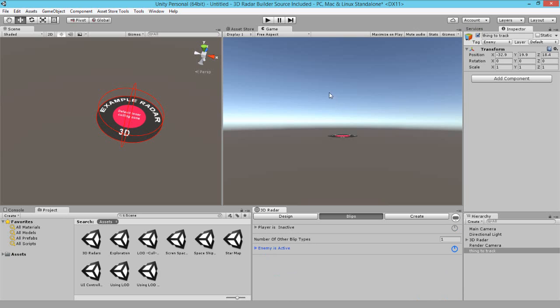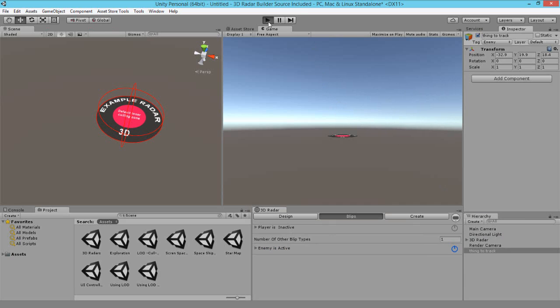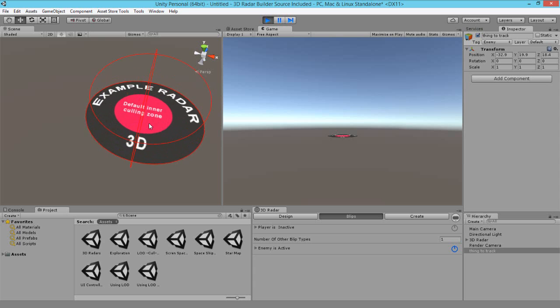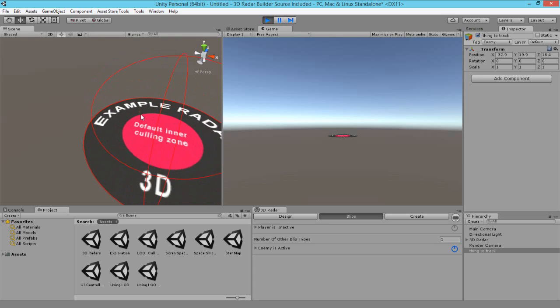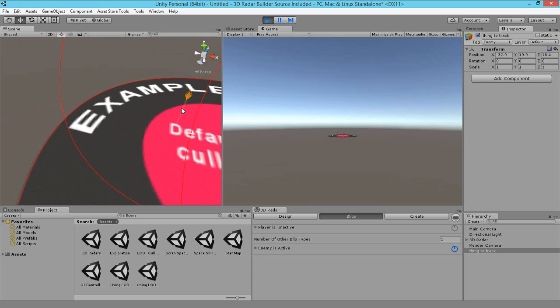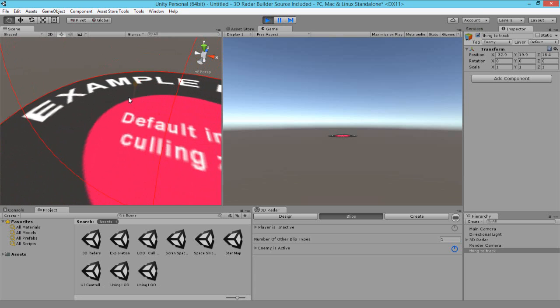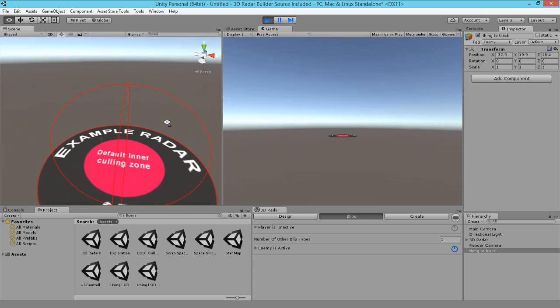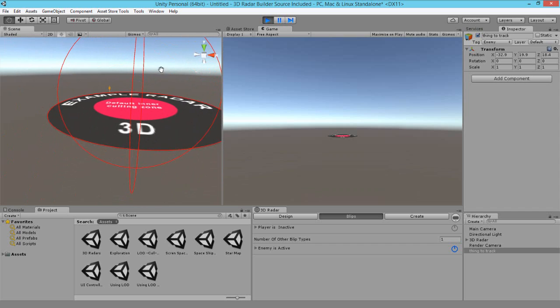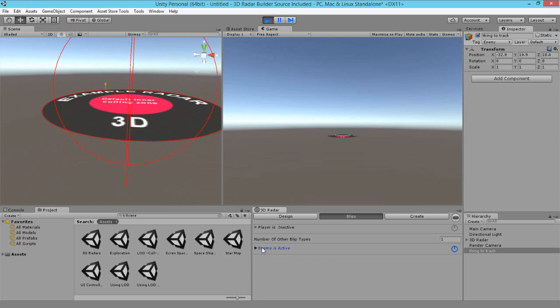And I'm just going to go ahead and run the scene here. Alright, great. We're just going to run the scene, and one more thing that we're going to do is change the sprite of this radar here. Now the blip is being displayed, as you can see right there. It's kind of really far, isn't it? We're going to change that at runtime right now. So that scale is really small. So let's go